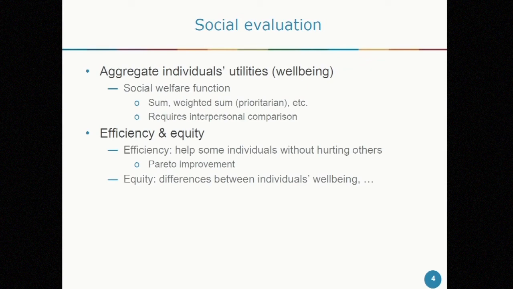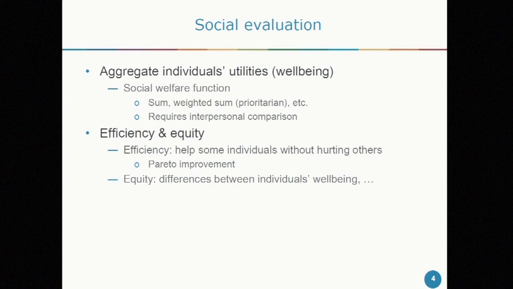Then we have the social evaluation side, where we have the problem of aggregating changes in well-being across people. One way you could do this formally would be with a social welfare function, which is a function to which the inputs are individual people's utility. And I've already said we don't know how to measure utility in an interpersonally comparable way. So we essentially have to make some choice about how we're going to standardize, how we're going to solve that problem.